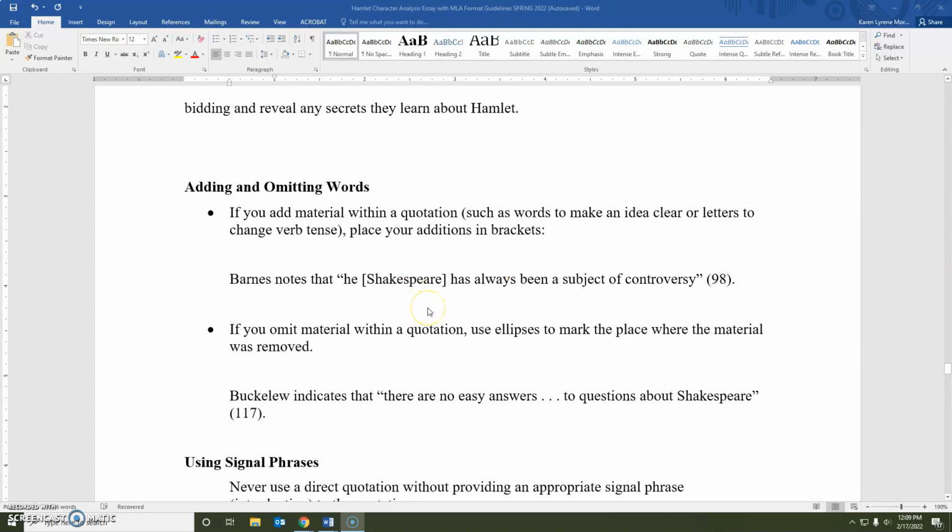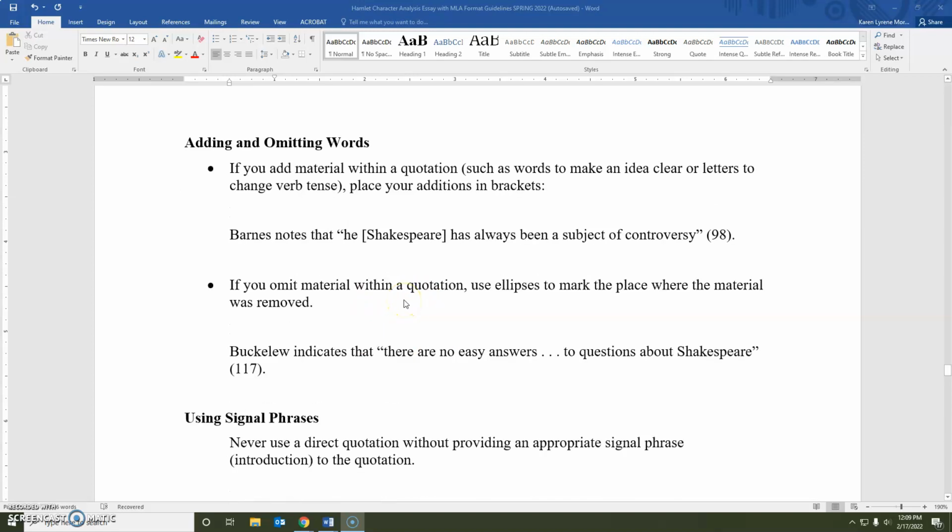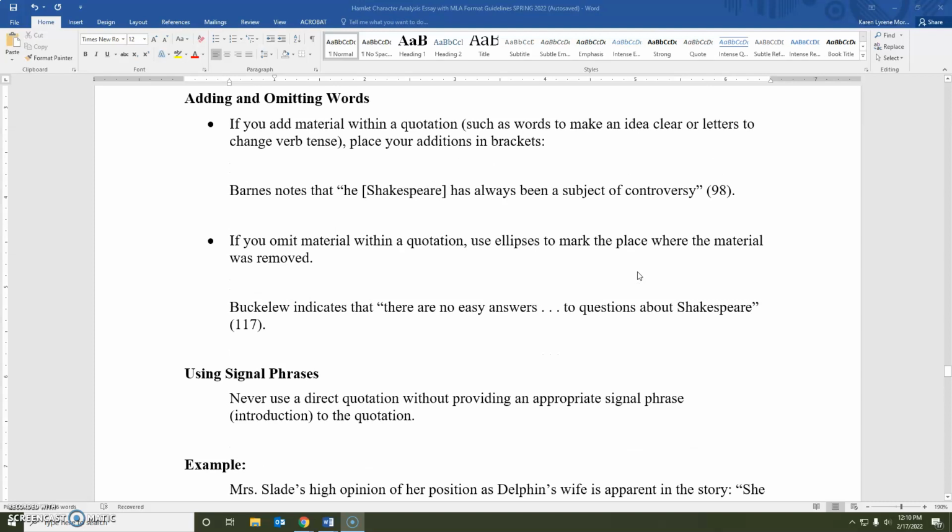You can add or omit words in your quotations. If you want to add words, you can use square brackets to replace or clarify words. So you really could replace "he" with "Shakespeare" in square brackets, but you could also have started the quotation here at "has" and just added Shakespeare before the quotation, so you wouldn't have to use the square brackets, but this is a sample that's trying to show you how to use square brackets. To leave things out, you just put the ... or ellipses to show the reader you have left something out.